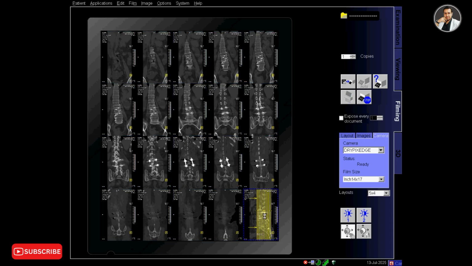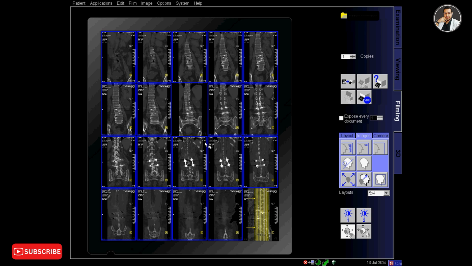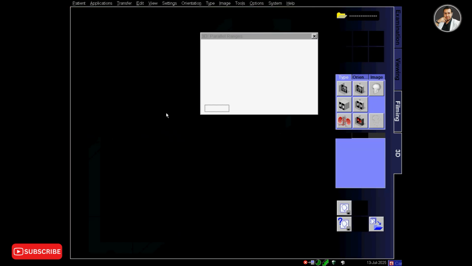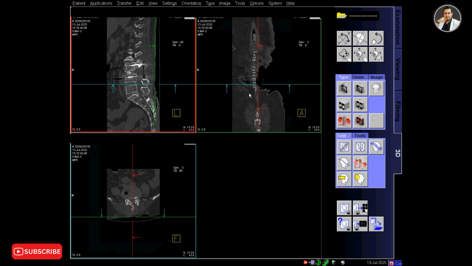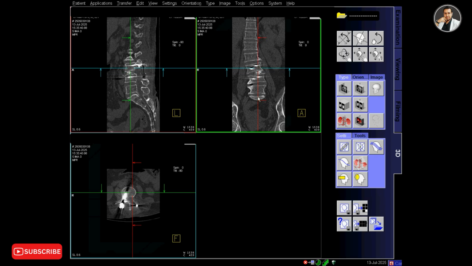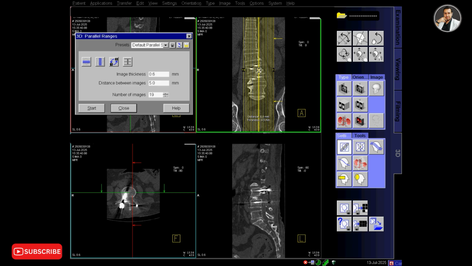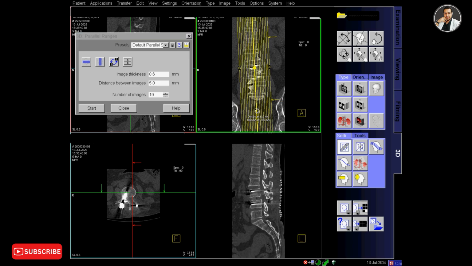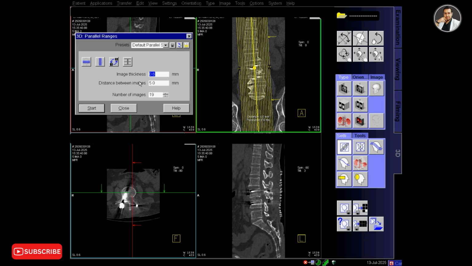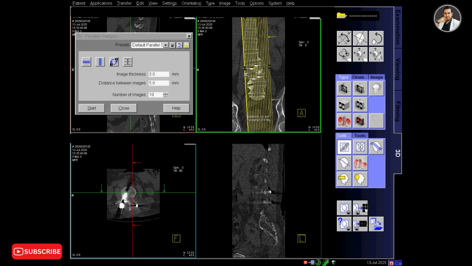Now adjust the image so that the images fit the segment. So this one is a bone window coronal that I have printed. And now again go to 3D, and now make a sagittal image. So I am using parallel ranges over the coronal image, and change the orientation to make it the sagittal plane, and change the thickness to 3,